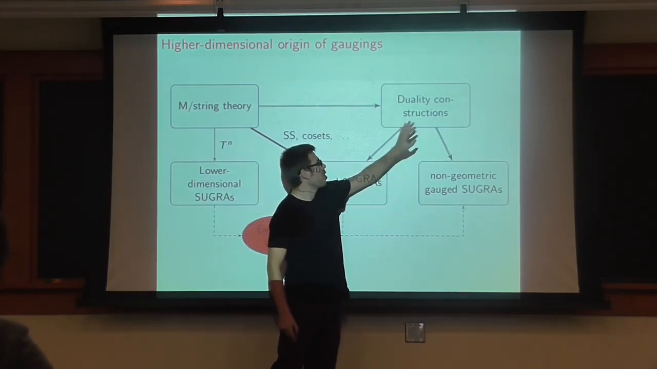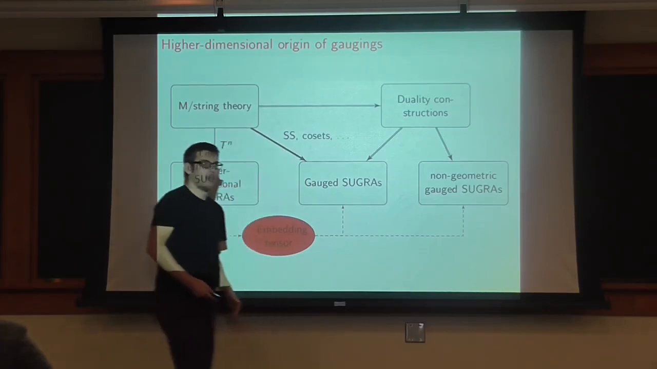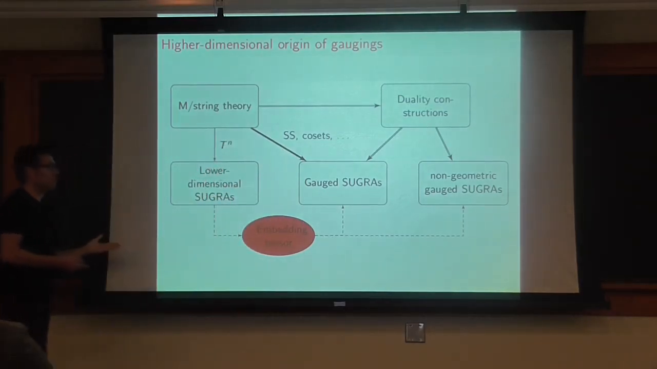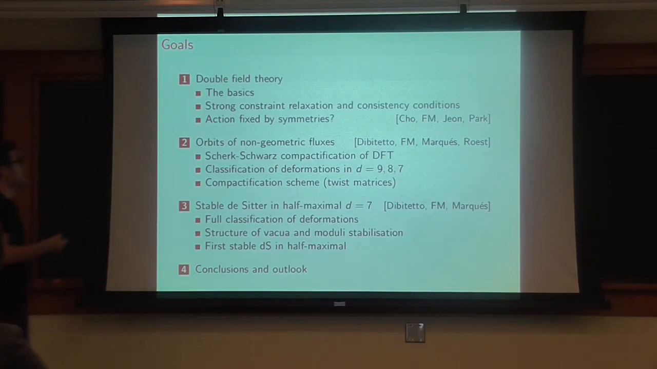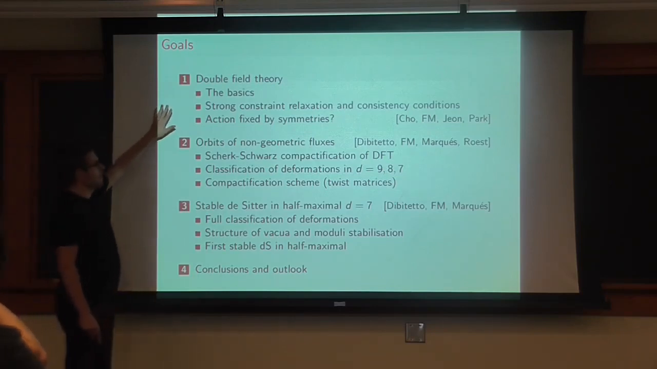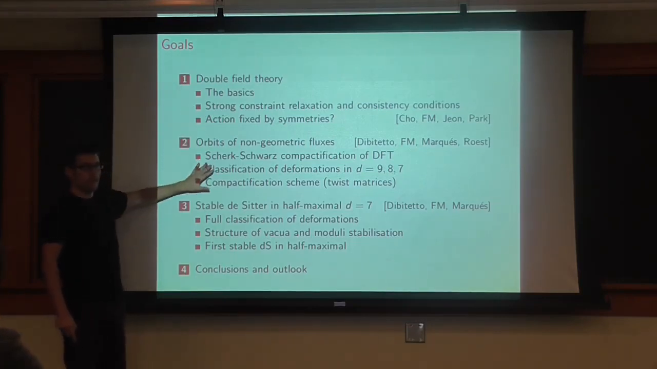And we are calling for some duality-covariant construction, such as double field theory, to try to know whether this construction is able to justify these deformations from compactification. Well, so this is the goal of the talk. In the first part, I will talk about the basics of double field theory. In the second part, I will make contact from double field theory to the gauged supergravities that